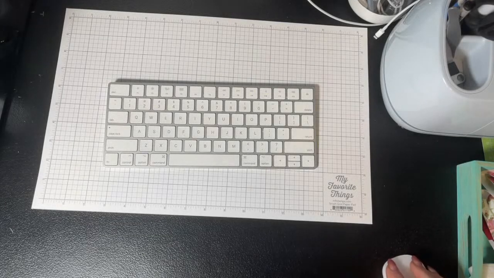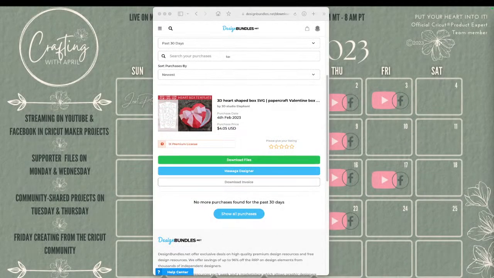Okay. Oops. Wrong one. Designspace. Here we go. I don't have my Designspace open yet. Here is the file. And once you have purchased your file, you will go into your